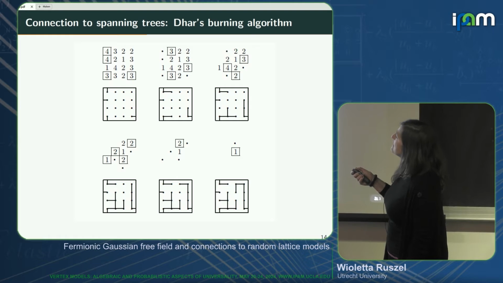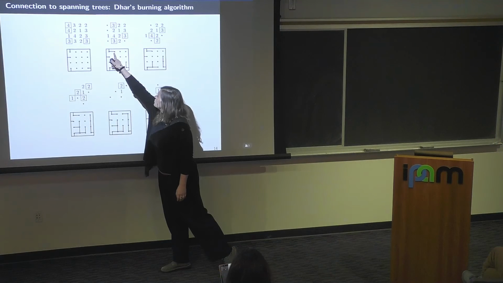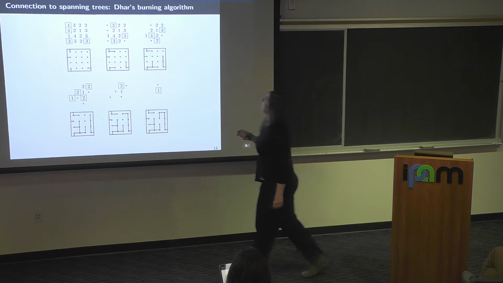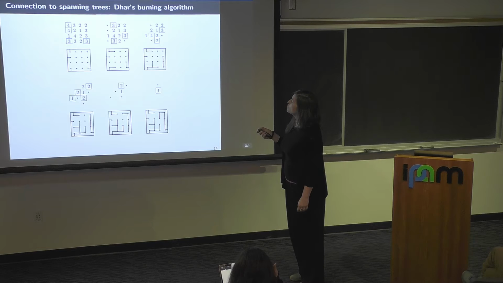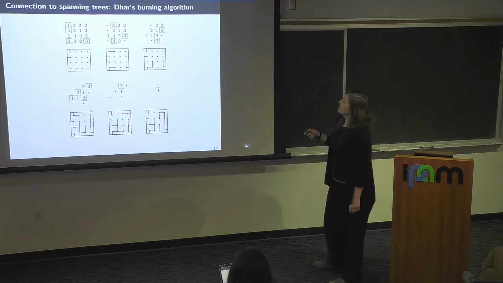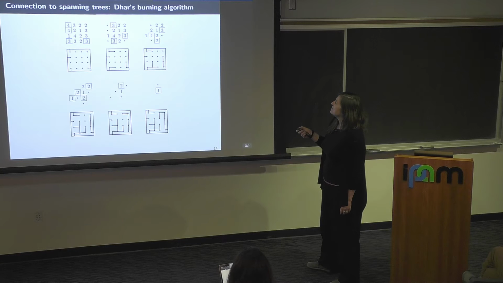Well, this became burnable at the second time step because this one was burned. So I'm connecting this vertex to this. I'm doing this for the others as well. Here too, this was burned because this was burned, so I'm connecting it to the south. This was burned because this was burned, and I'm connecting it to the west. And then I'm burning these 3, and I do the same, and so forth until in the end I remain with one